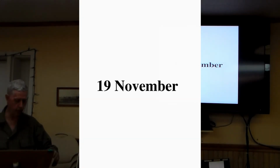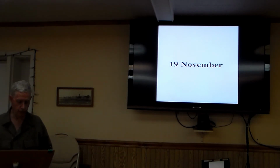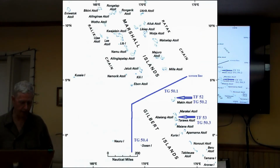U.S. aircraft strike Tarawa, Mili, Makin, and Nauru again. 3 U.S. Navy heavy cruisers and 2 destroyers bombard Betio Island, Tarawa Atoll, from 20,000 yards. The Japanese planes report a U.S. fleet south and northwest of Tarawa to the radio station at Kwajalein, which broadcasts the report. Aircraft are dispatched to attack the ships. 10 do not return. Under the pale light of a 3/4 moon, the lead ships of Task Force 53 arrive